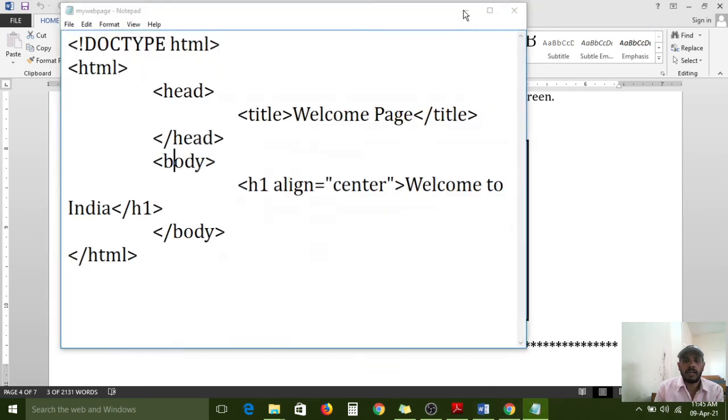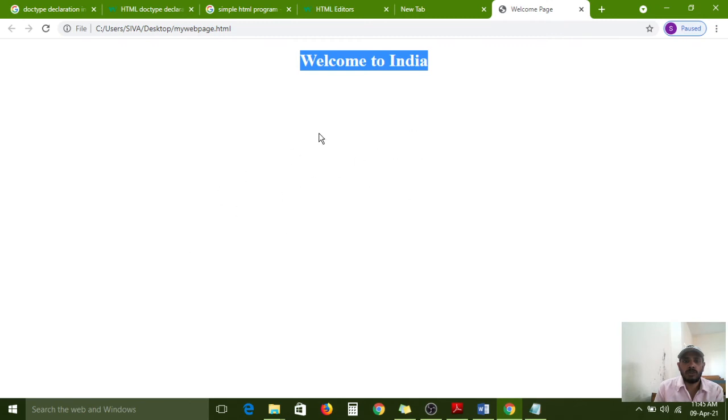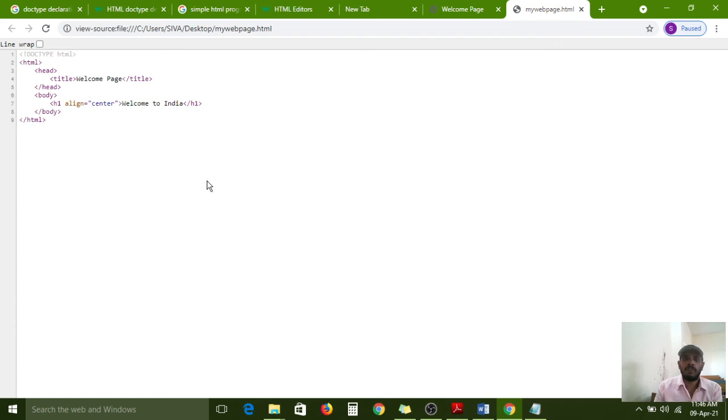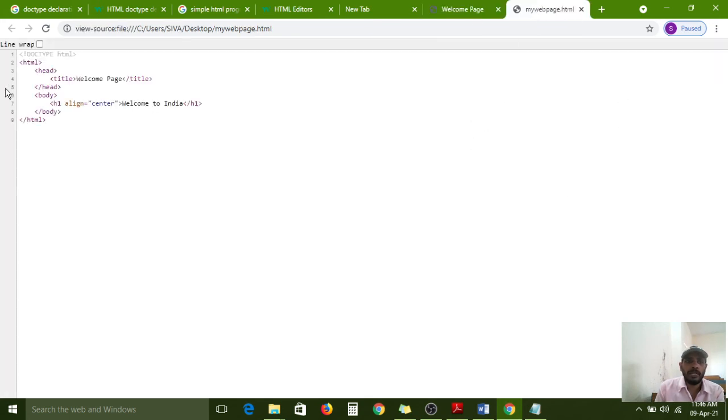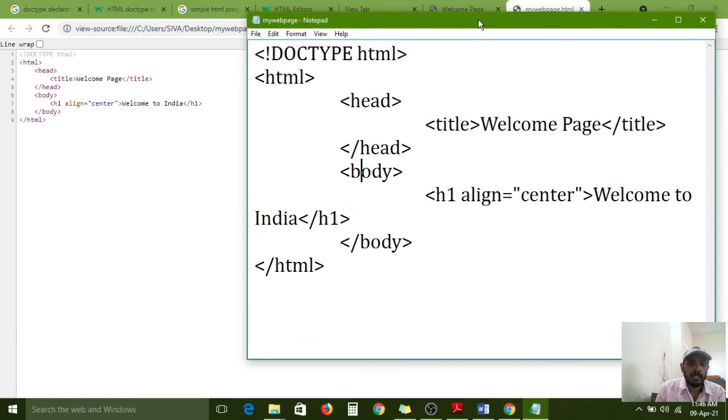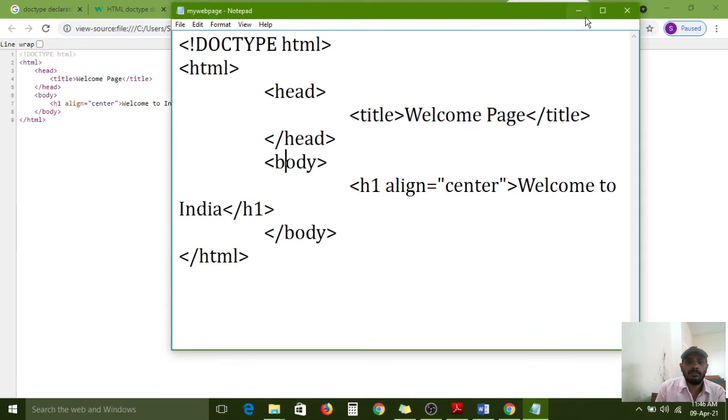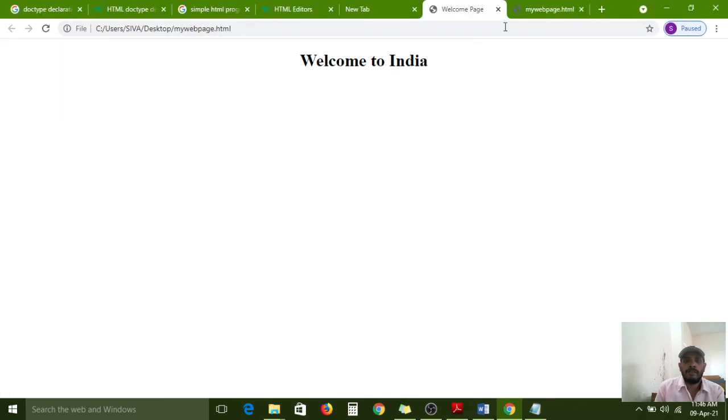If you want to see the complete source code of this page, just right click. Control U is the source code option. If you want to see this complete web page source code, then Control U is the option. Immediately one more window will open and it will show the code like this. The same code I have configured is shown. Carefully observe. This is the first program.